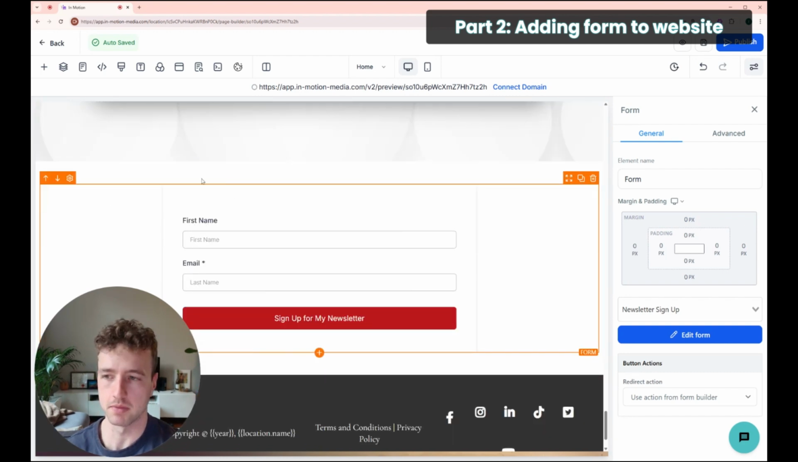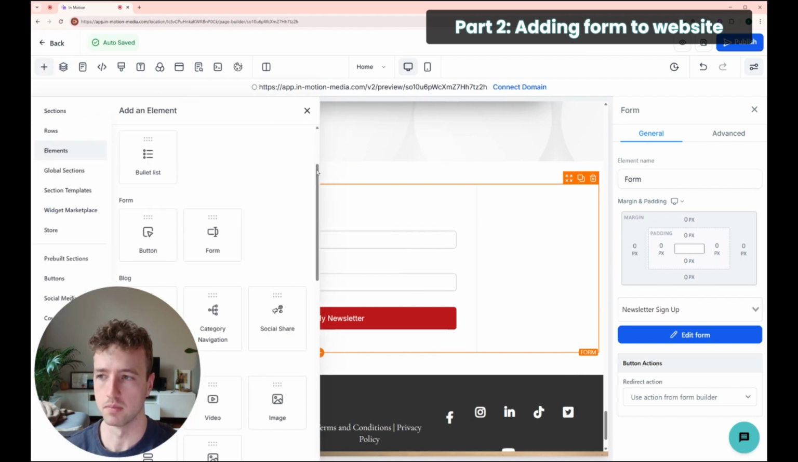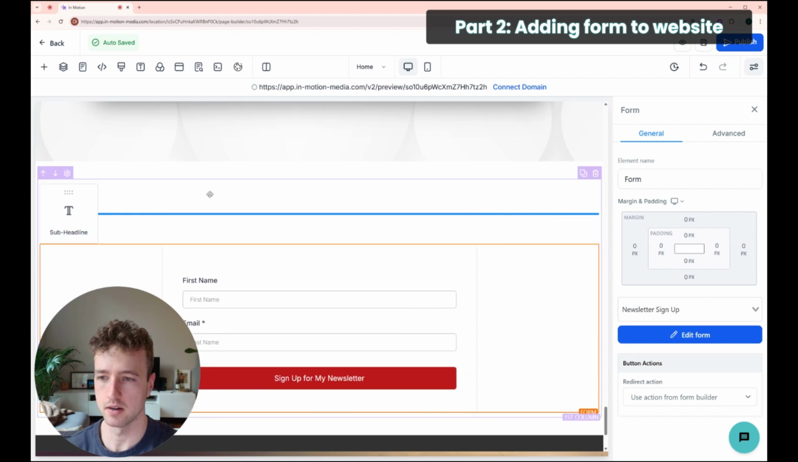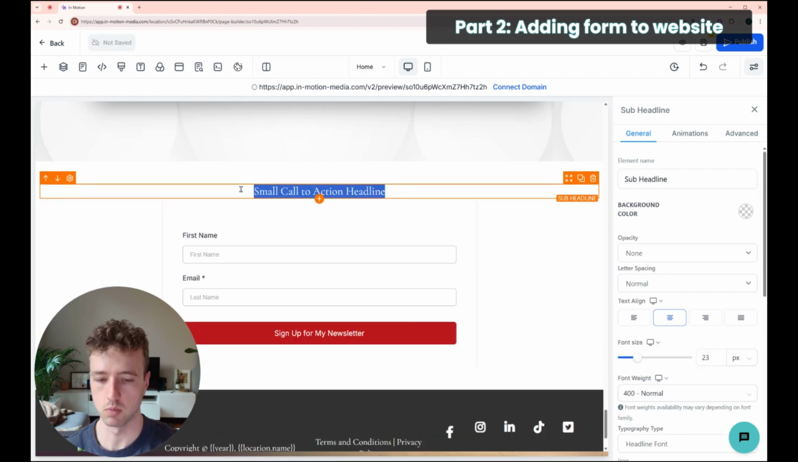Now, you may not want to stop there. You may want to add some text. So like before someone actually submits the form, we may want to say something like, hey, sign up below to join my newsletter. To do something like this, we want to add some text above the form. So I'm going to add an element again. I'm going to find some subheadline here. I'm going to add it above the form. And this is where I'm going to say,